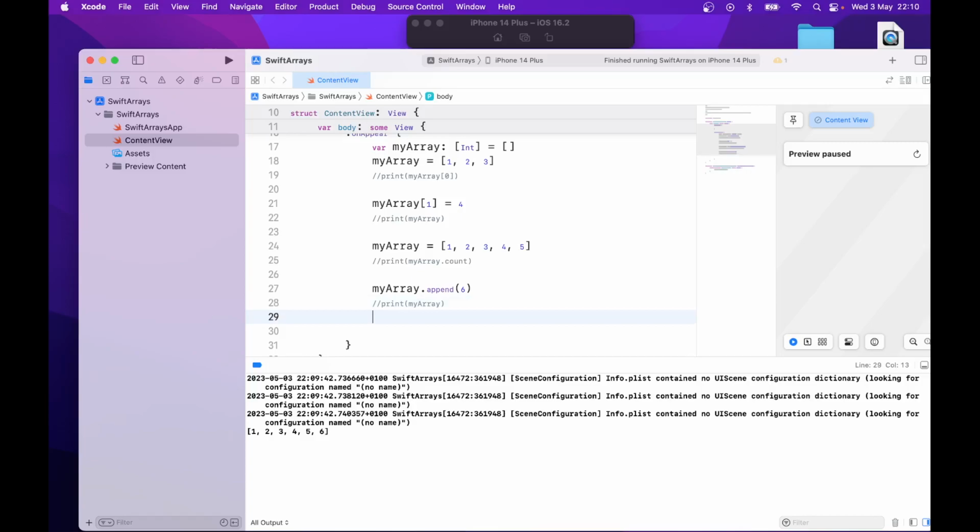The next thing we will do is to remove an element from the array. So to do this, just type in my array dot remove at 2. So what this will do, it removes the element at index 2, which is the third element from the array. And then to print the information of the new array, just type in print my array,